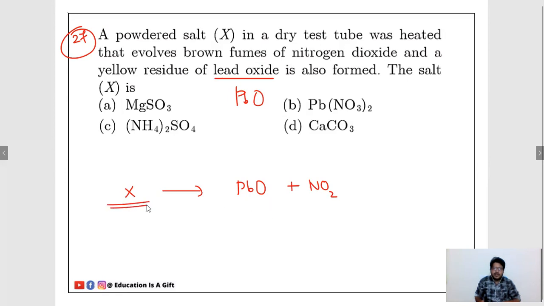Okay, what should be here? Guys, it is very simple to understand and observe. Lead nitrate, we have lead, isn't it? On the product side, when you have lead, Pb, on the reactant side also definitely there should be Pb, right? Product side and reactant side, the same element should be present. If you observe magnesium sulfate, how come magnesium? No. Lead nitrate, yes. Calcium, no. Ammonia, no. So blindly we can mark this option B.